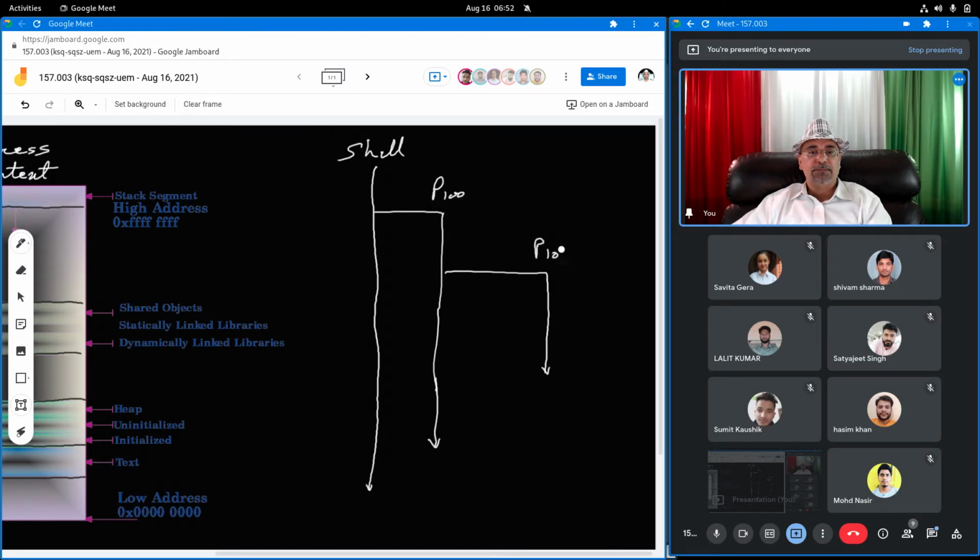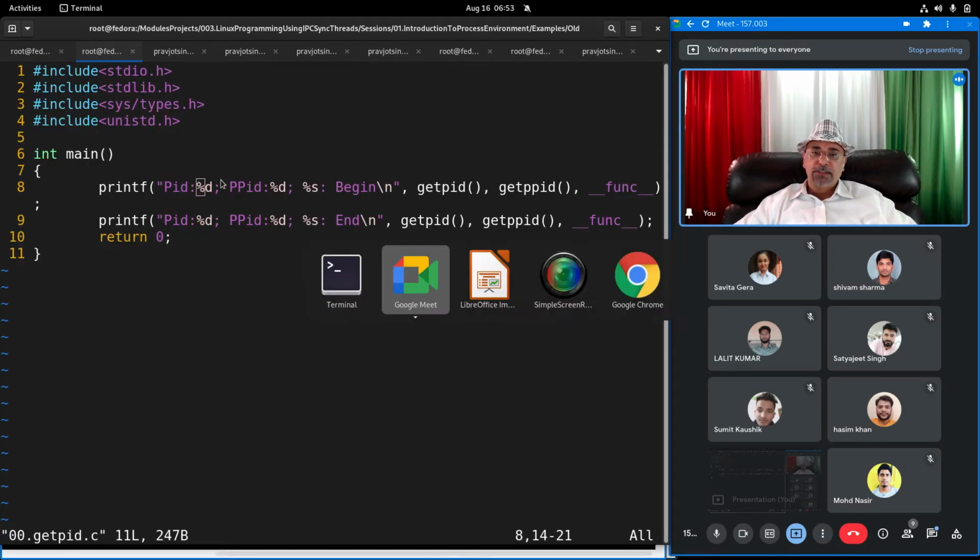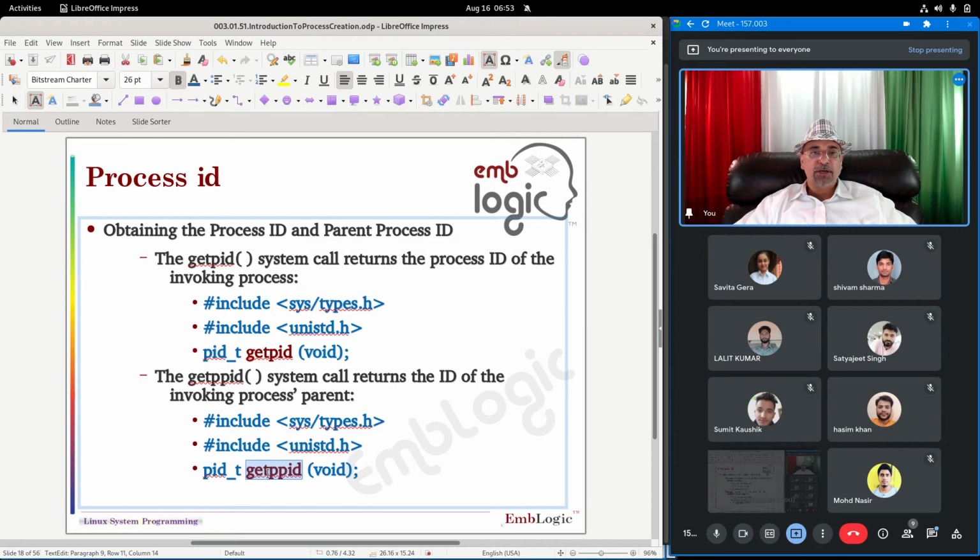Say process 101. Okay. So if you look from this perspective, this is an ordinary process. It creates a new process, then the new process is the child process. If this is the child process, then this is the parent process. For the child process 101, this is the parent and this is the child. So the creator process becomes the parent process, and the created process becomes the child process. So the creator process will be the parent process, whose ID will be fetched using getPPID, get parent process ID,